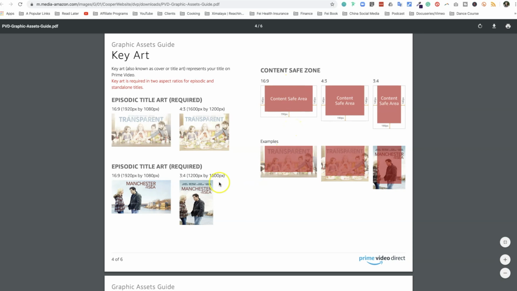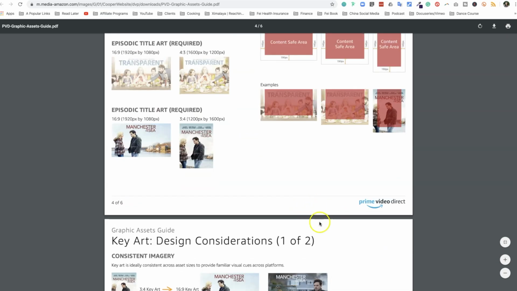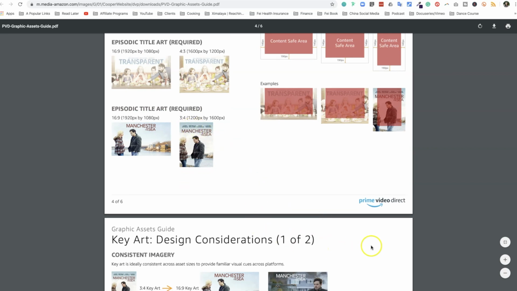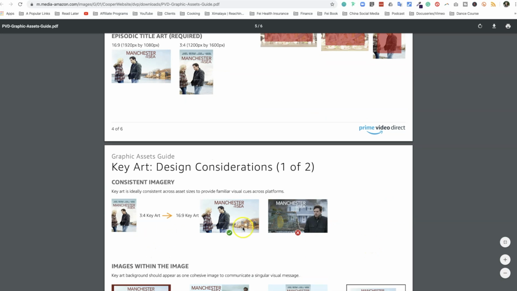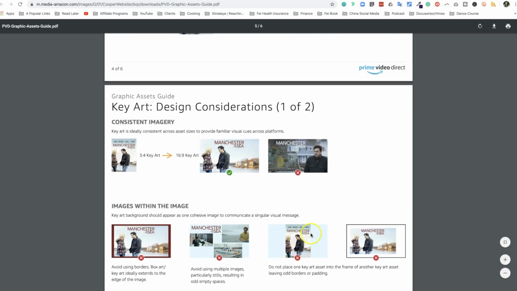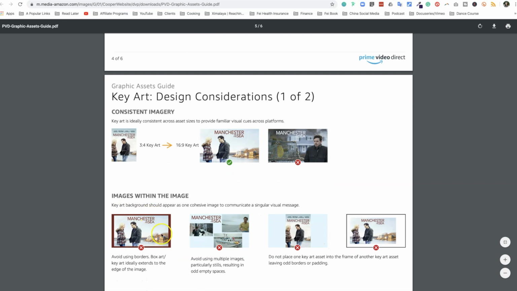the ratio of it. So, for example, Manchester by the Sea is a film that I've seen, and episodic title art is required in this format. And you can see there's some small text here for directors, actors. But look, if you're not really featuring anybody super important, I would recommend that you drop that. And as you can see that it's really important for the text to be readable and not on a background that makes any part of the text difficult to read, or any sort of avoid using borders, using multiple images